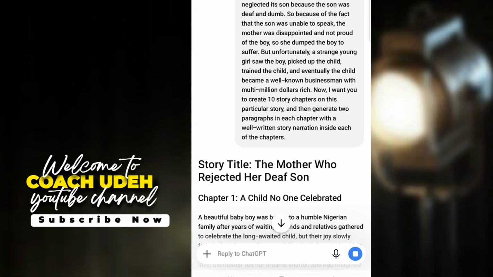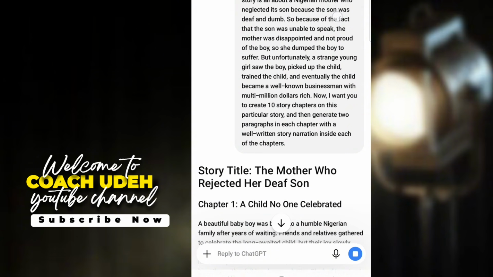But don't forget, when I gave this AI instruction the first time, it was trying to first gather more information before ChatGPT generated the story for me. But now, as you can see, I am very detailed in my story. The very first thing I said is this: the title is not given. So whenever you're generating your stories with AI, don't give the AI a title. Just come up with your description. And at the ending part, I said I want 10 story chapters, and for each chapter, I want 2 powerful paragraphs.